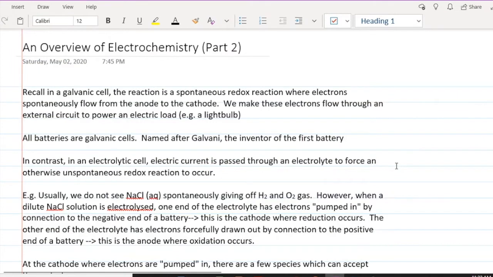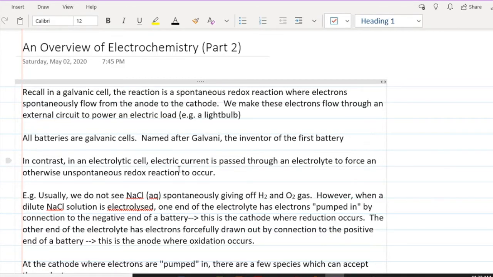Okay, so today I'll be going through an overview of electrochemistry part 2, with the focus being on the electrolytic cell. So recall last video, in a galvanic cell, the reaction is a spontaneous redox reaction where electrons spontaneously flow from the anode to the cathode, right? And we make these electrons flow through an external circuit so as to power an electric load, for example, a